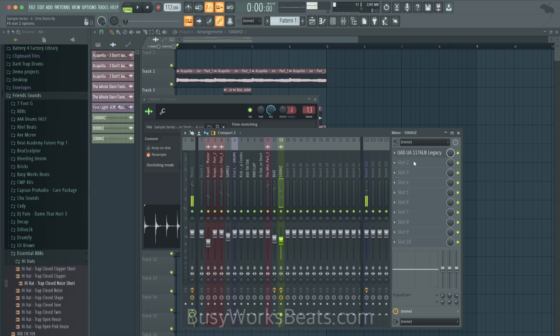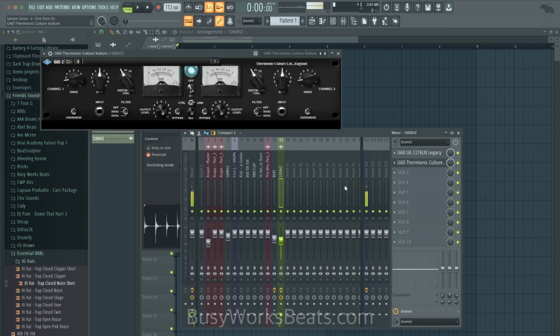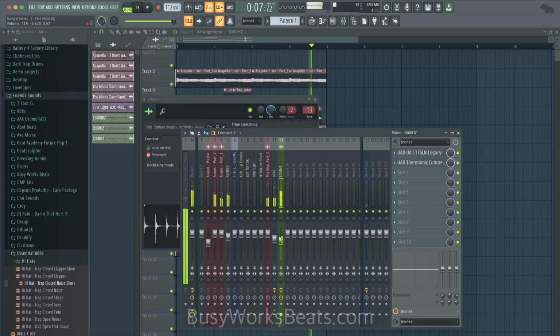Maybe run it through a saturator. I'm just throwing stuff at it. I'm not telling you this is a chain. I'm just creating ideas here. So you hear all that boxy. Then you could blend that in with the original.